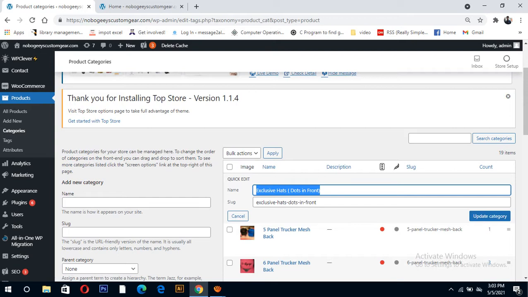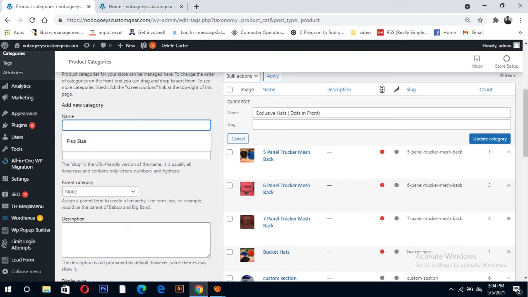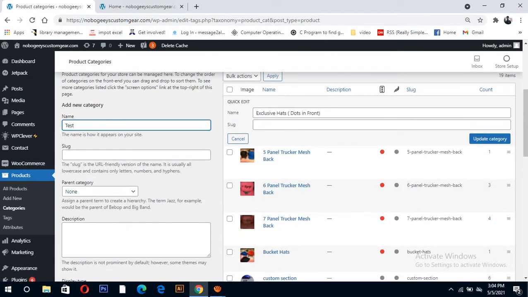If you change the full name, then you can delete it and update again. This way you can change a category name or make any correction. I hope you understood how this website works. And if you want to make a category, just look.